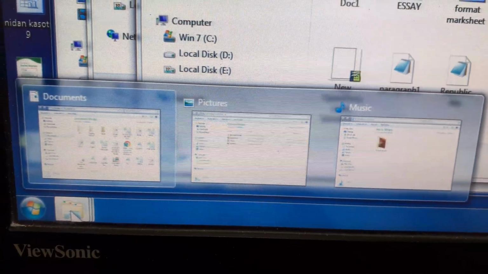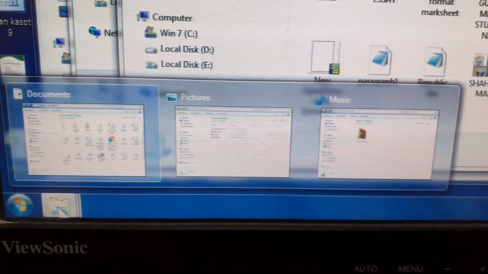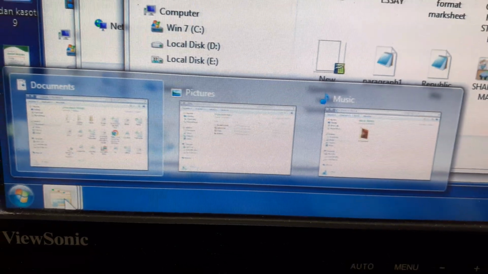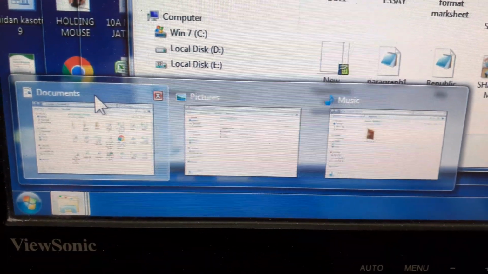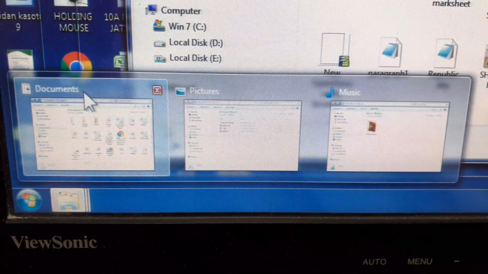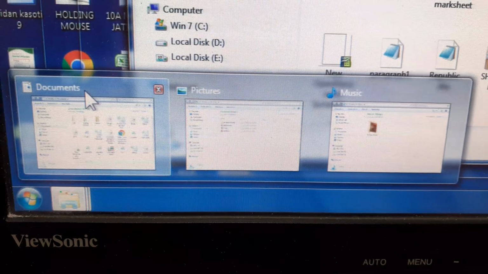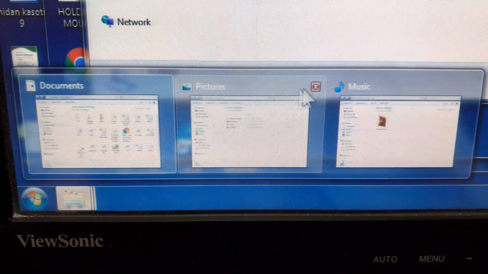Documents window, pictures window, and music window. Now which window is active? The documents window is highlighted now, so we can say the documents window is active, and the pictures and music windows are inactive.